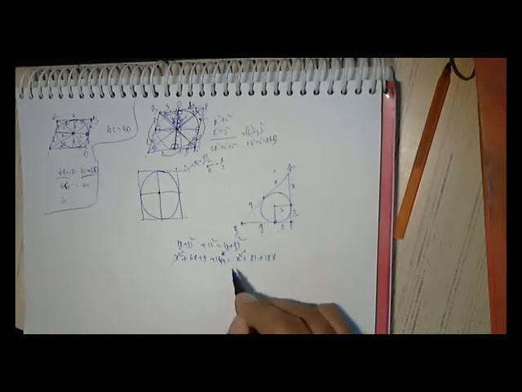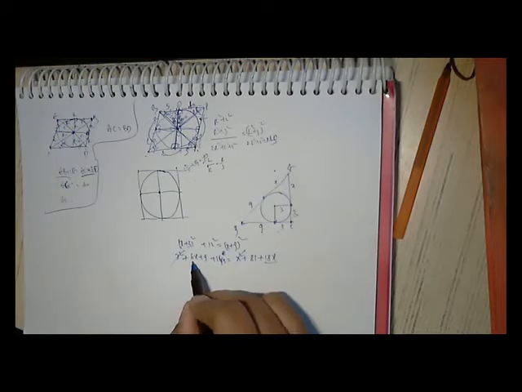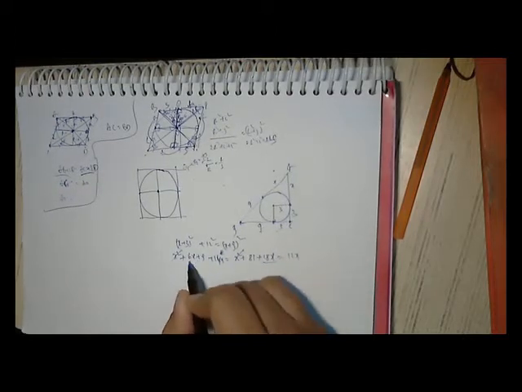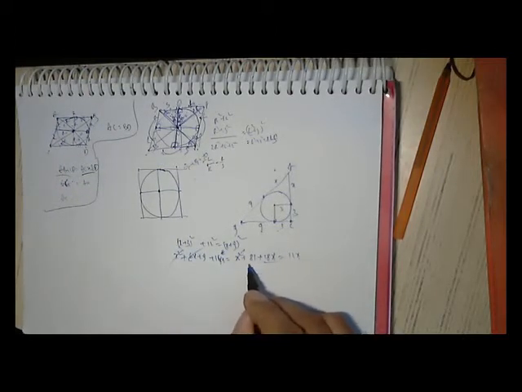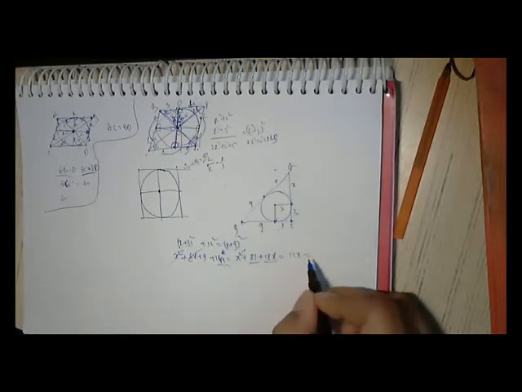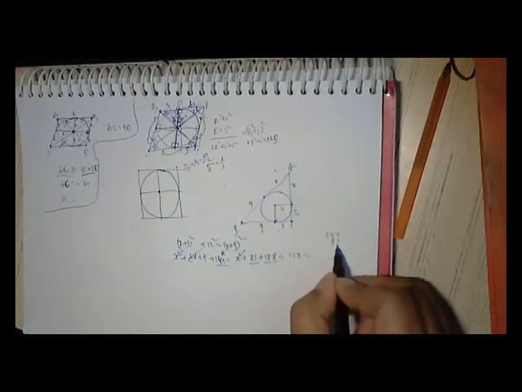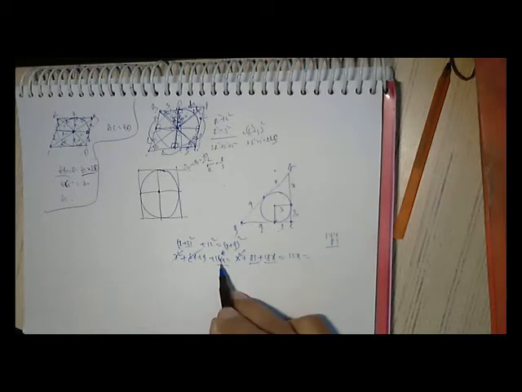So x square cancels. So 18x minus 6x is 12x. And 144 minus 81 is